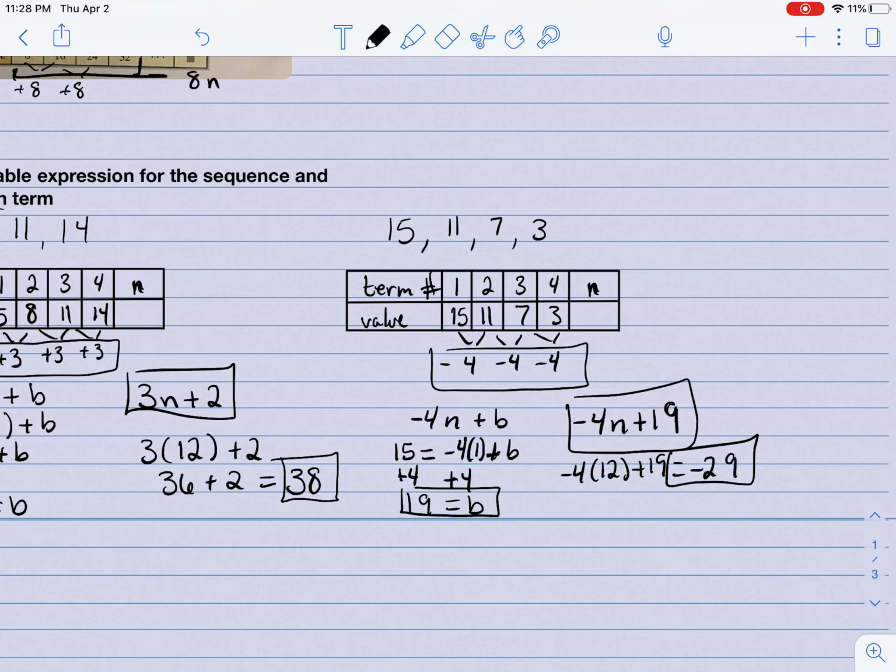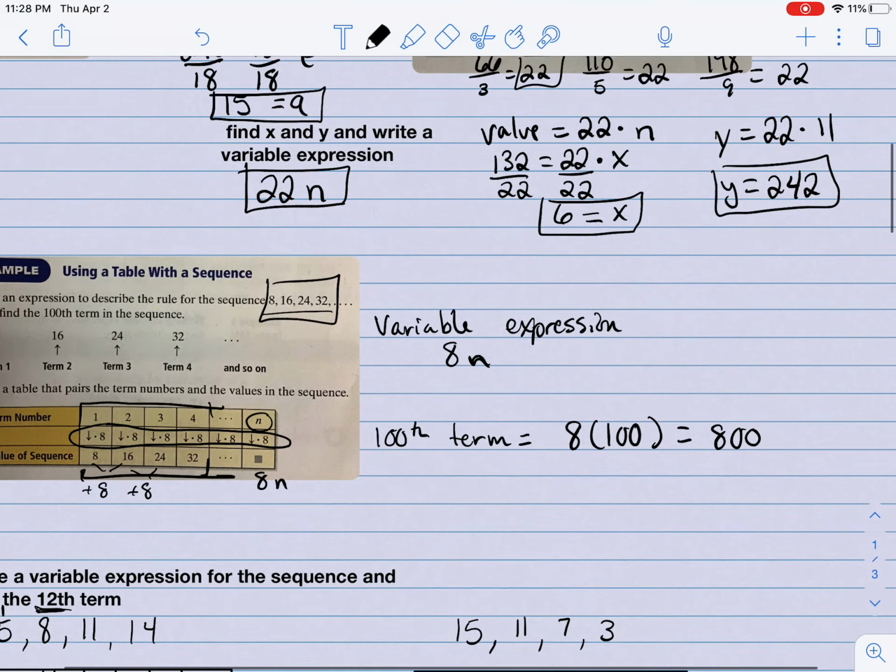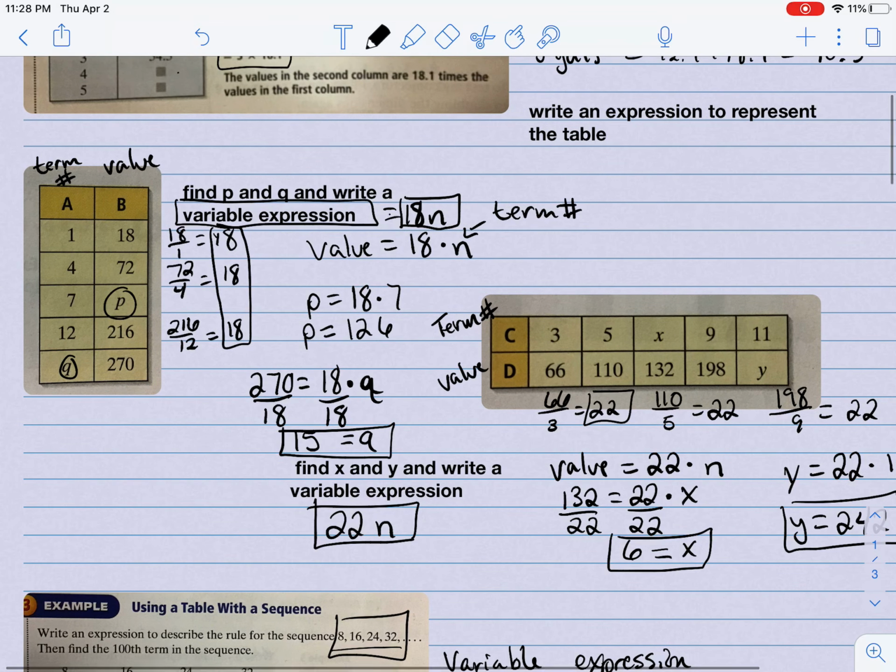And there we have our 12th term. And that's what you're going to be doing with sequences, finding a given term, writing your variable expression for them, or maybe filling out